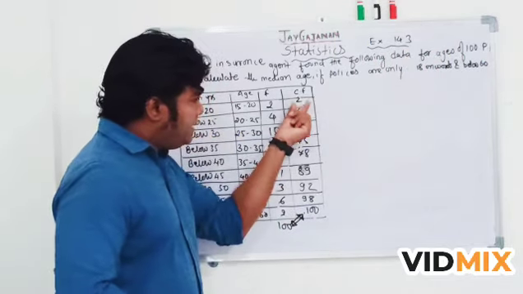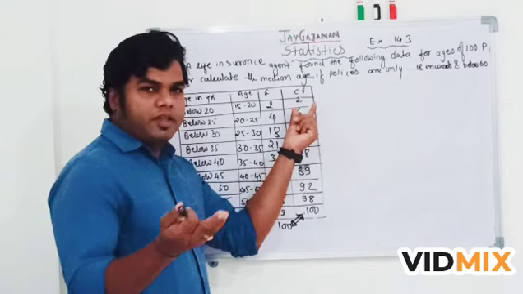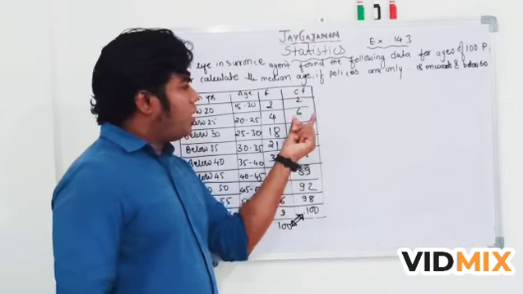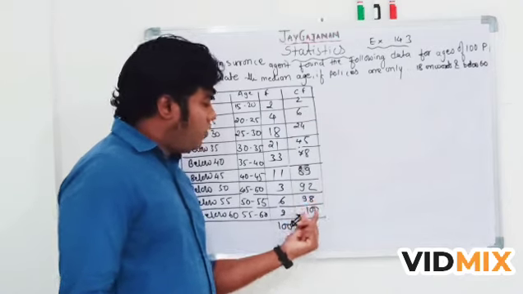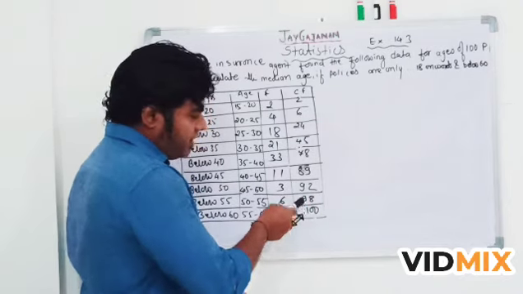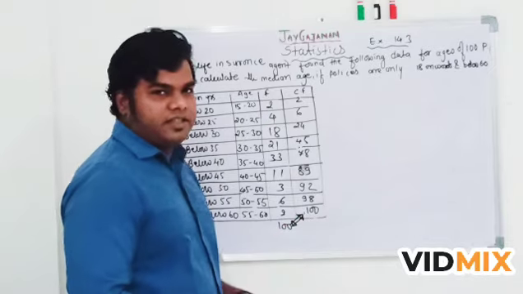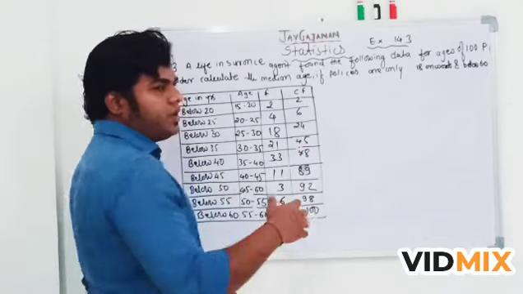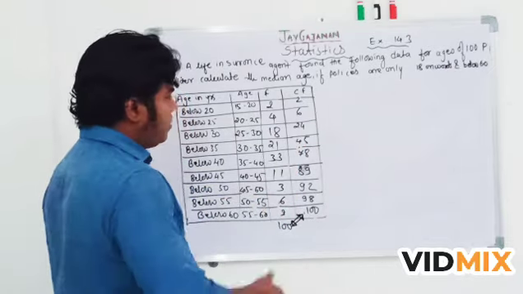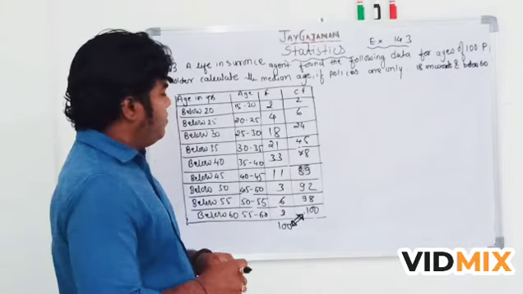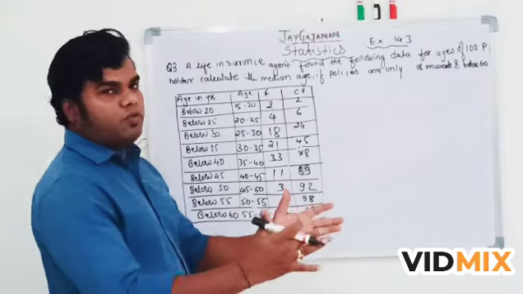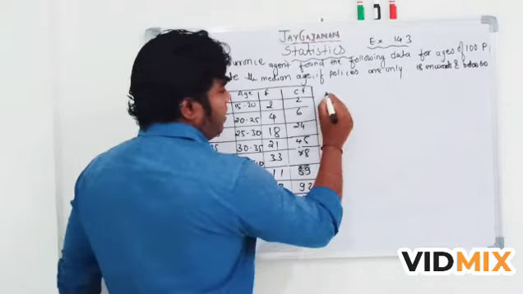And if we don't know whether it is a cumulative frequency or a frequency, how are we going to identify? We will see whether its addition comes to 100. But no, the addition is obviously not 100. This is 100, this alone is 100, so how would the additions be 100? So from that also we can identify whether it is a cumulative frequency or not. So now we have done. We have just made the things clear. Now we can go for the formula, and then we can find out the median.